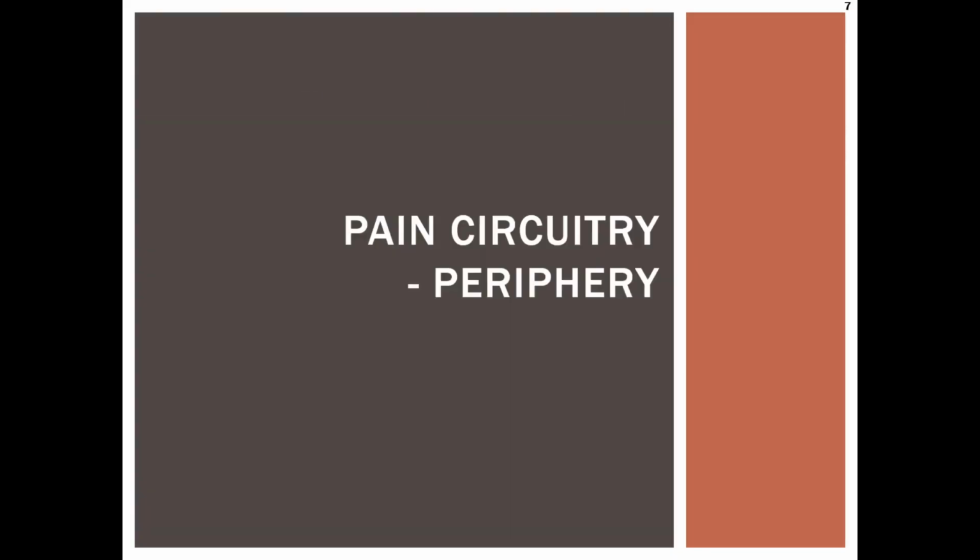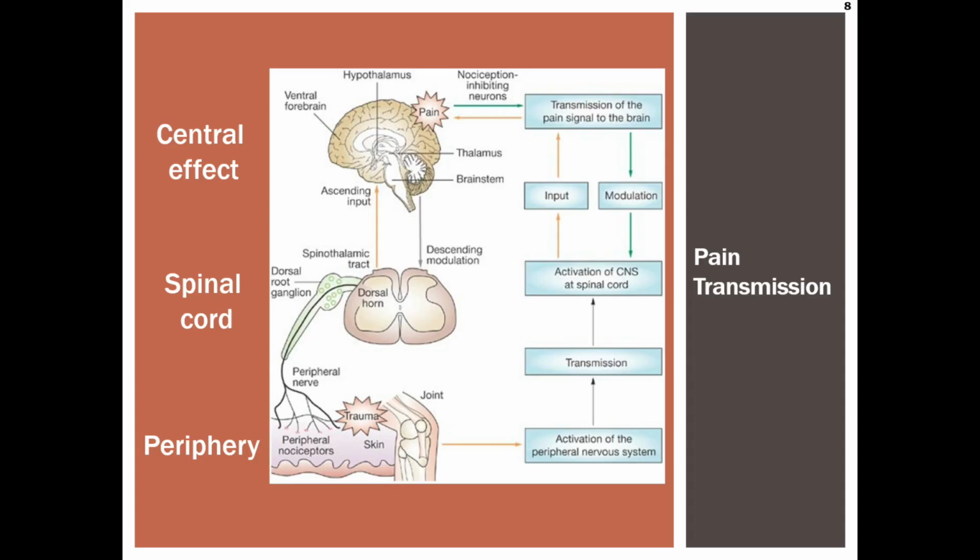Okay, so let's talk about the brain circuitry that has to do with conduction of pain. And it starts here in the periphery. And so you start with a peripheral stimulus of some sort, trauma, damage, inflammation, and then the signal is conducted into the spinal cord, where the signal is processed here in the spinal cord, and then that information is sent in an ascending input up to the brain for processing,